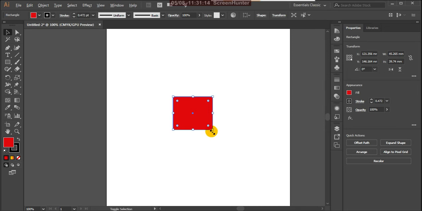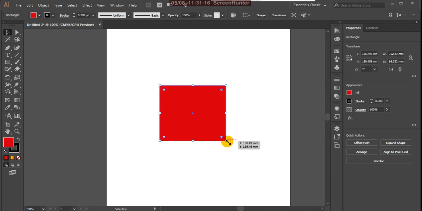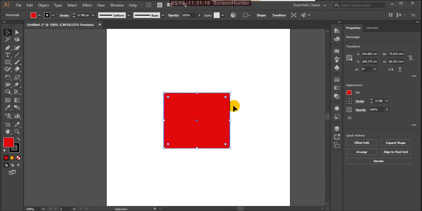And now see, move your cursor close to that point. The rotation arrow marks are showing. That means you can turn your shape. You can rotate this.